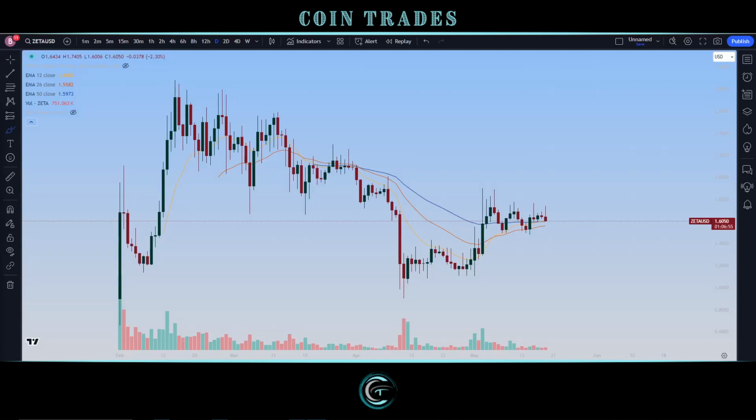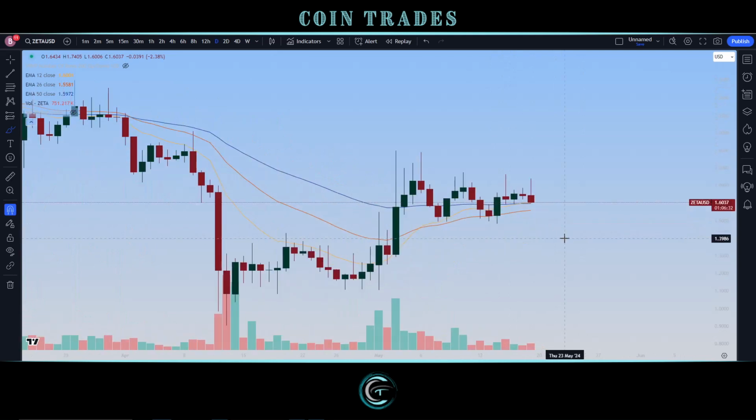Going to be looking at ZetaChain ZETA on that ticker. Been a little bit since we have covered it, and obviously over the last 2.5 weeks or so, we have been looking at a very nice consolidation pattern on the daily for Zeta, especially after this very nice bullish move to the upside, which did have a lot of price action, pushing prices back up on top of this exponential moving average band. So what we're looking at right now, if we go ahead and zoom in on this pattern,